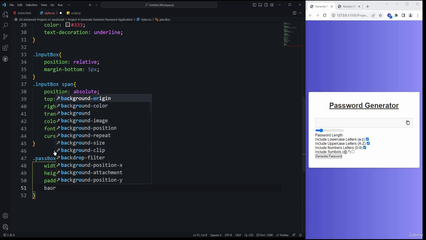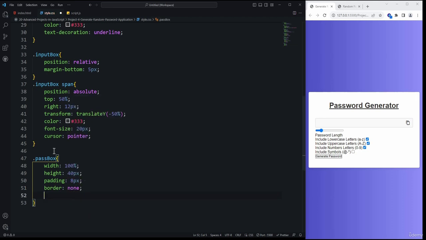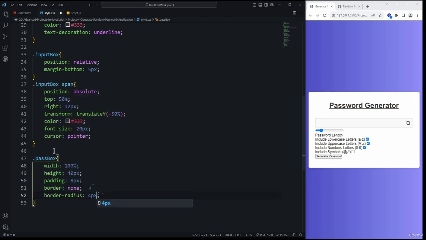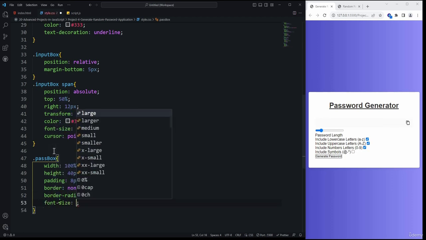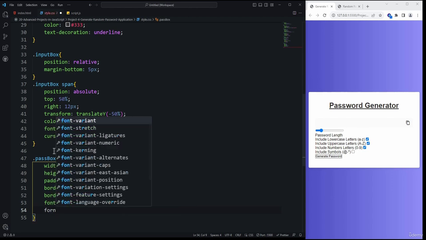And then we are going to provide the border, which is going to be none. And then provide the border radius as 4 pixel. After that, provide the font size as 16 pixel. And then provide the font weight